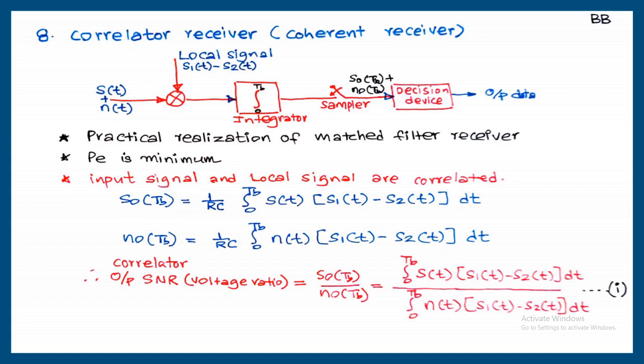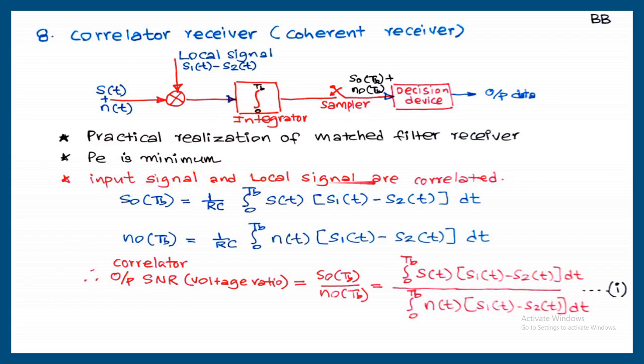We just want to prove this result. This is an equivalent result of matched filter receiver. So that I'll prove here. This is a practical realization of matched filter receiver. The proof of this is going to be made here. So once we can prove this is equivalent to matched filter receiver, then probability of error is always minimum, because that is the definition of matched filter receiver. Matched filter receiver is a receiver which can minimize the probability of error or maximize its output signal to noise ratio. So if you can prove this is matched filter receiver, then probability of error is always minimum.